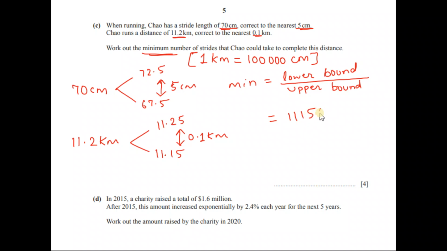So I'll make it 11.15 with three zeros, divided by the upper bound of the denominator, which is 72.5. When I do that, I will be getting